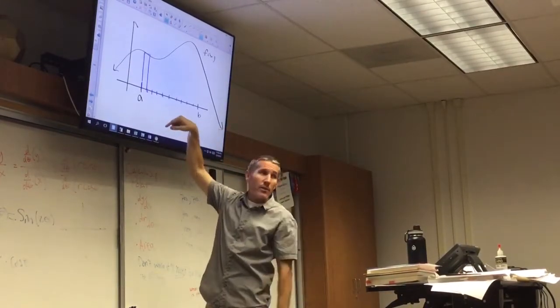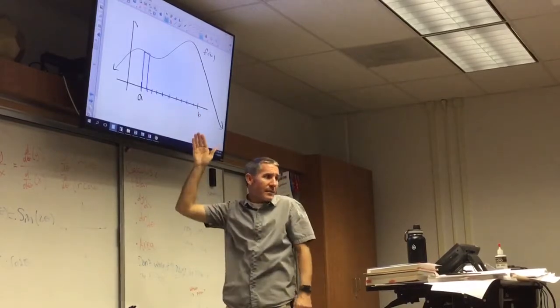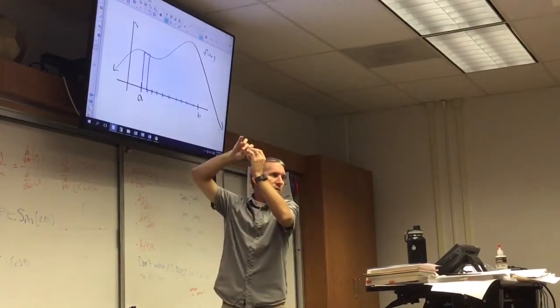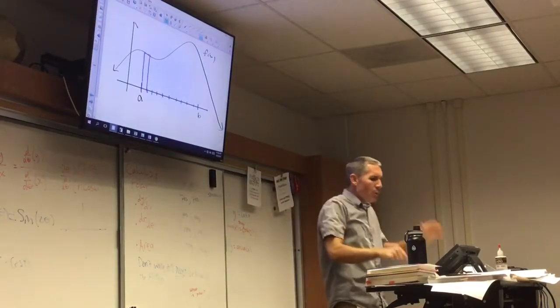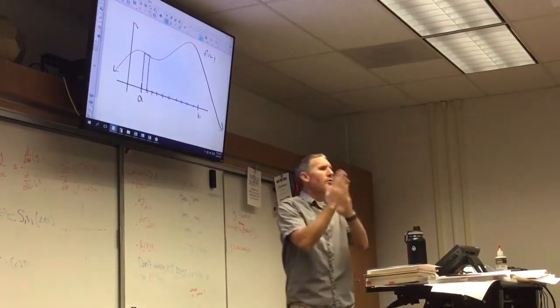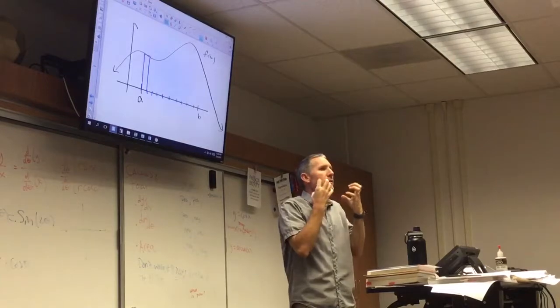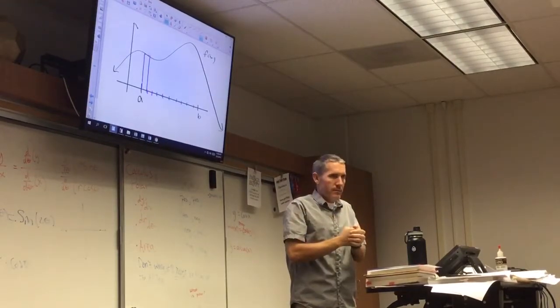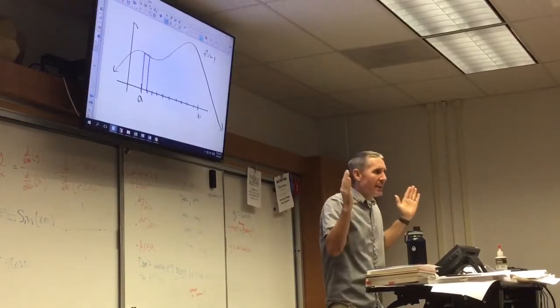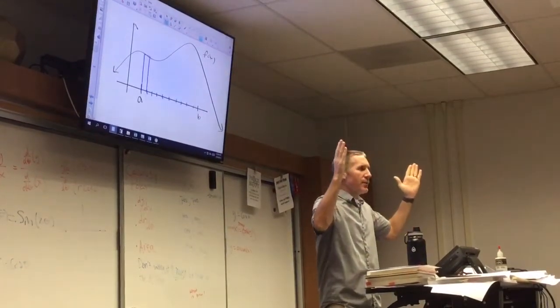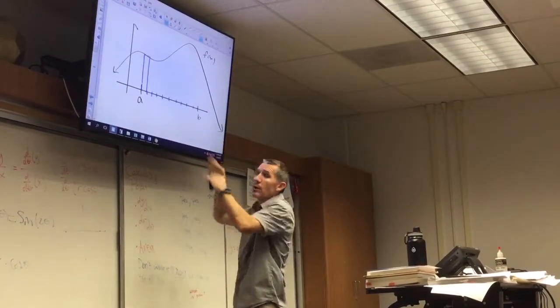And then for each one, we either go up on the left-hand side or the right-hand side or the midpoint, or even if we use the trapezoidal approximations, so it's trapezoids instead of rectangles, we have a way to break it up into smaller things that we can actually evaluate, right? The area of. And then you add infinitely many of those together on this finite interval, and that gives us